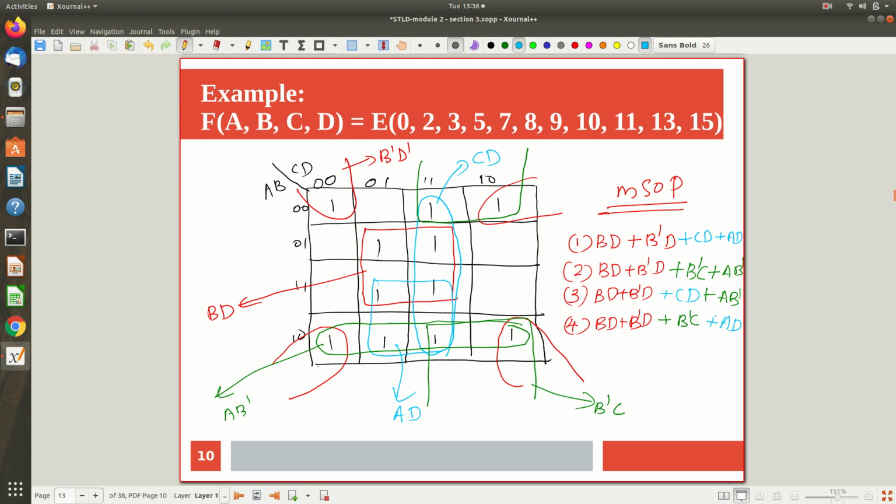So the procedure is: write all the essential prime implicants. There are two essential prime implicants, BD and B dash D, so they will be there in any minimized sum of product expression. Now what remains? CD, AD, B dash C, A B dash remain as prime implicants. I don't want to include all of them. Just add those prime implicants that cover the remaining ones. So to cover the remaining ones,